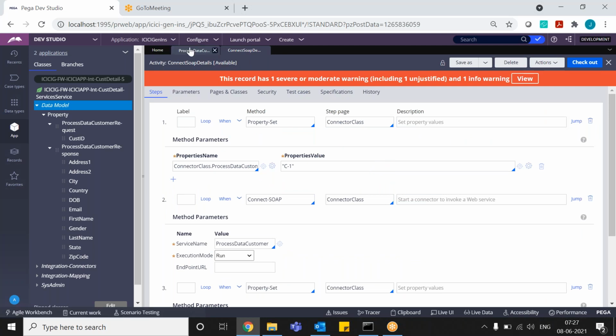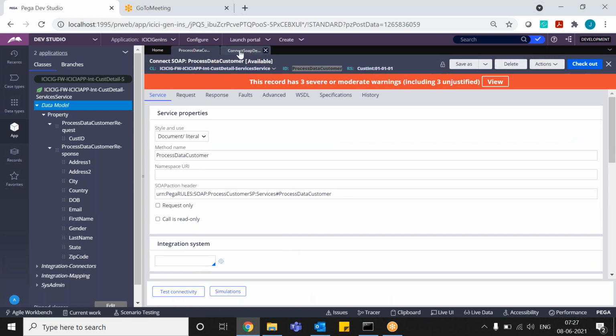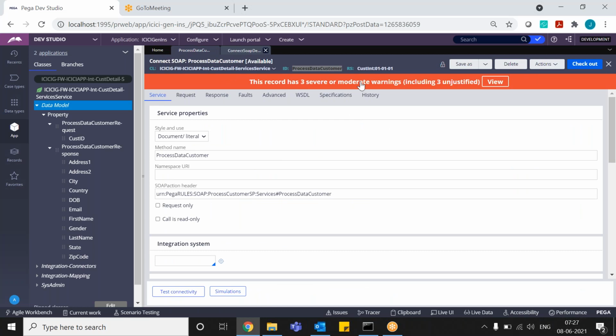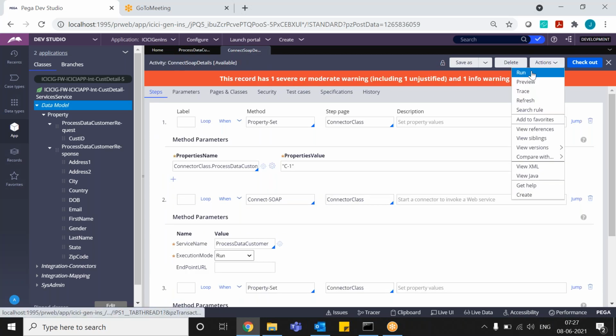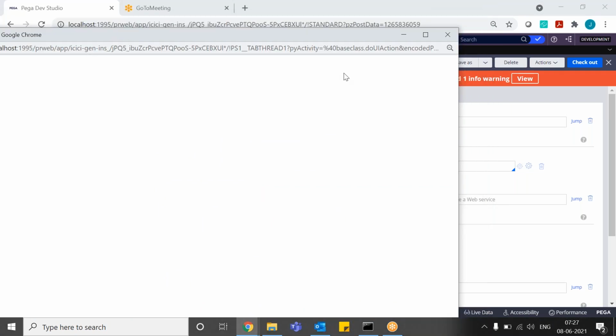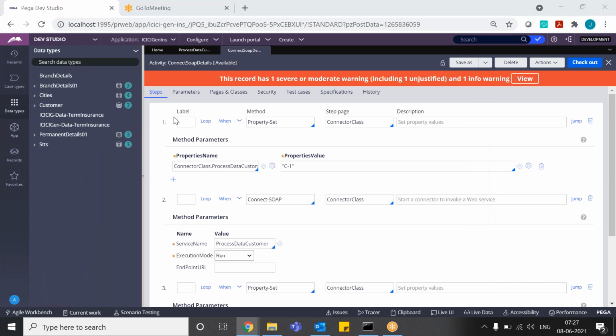Okay, sir. This is saved, and I have this connect soap rule. So, shall I run from this connect soap rule or run from activity? Yeah. Keep the trace so that it will come to know.